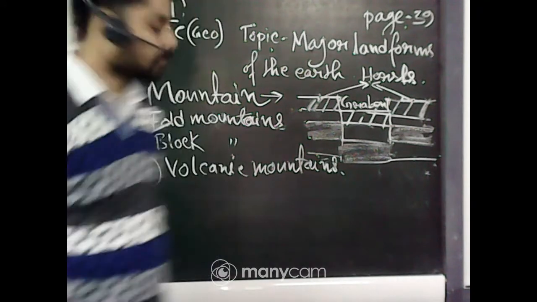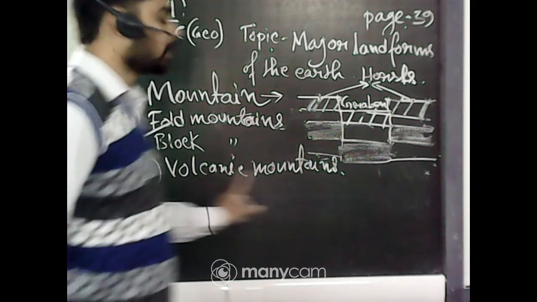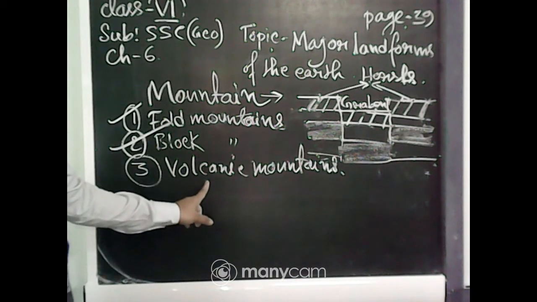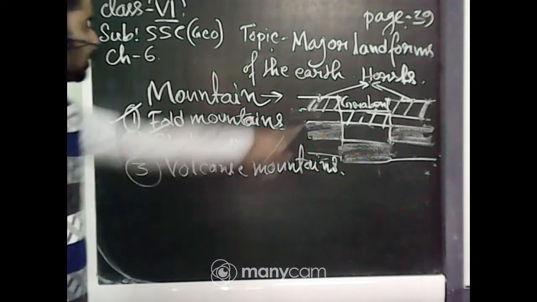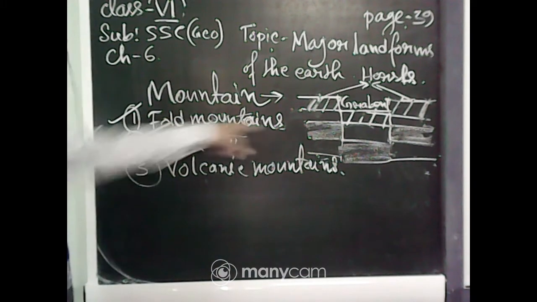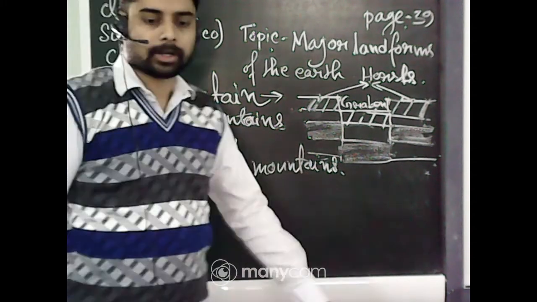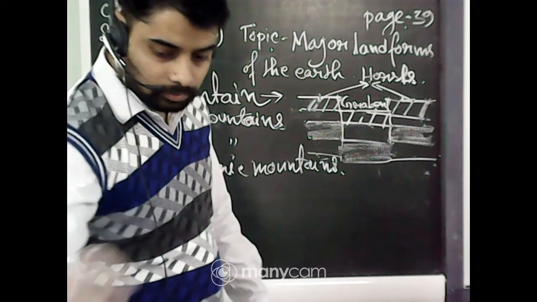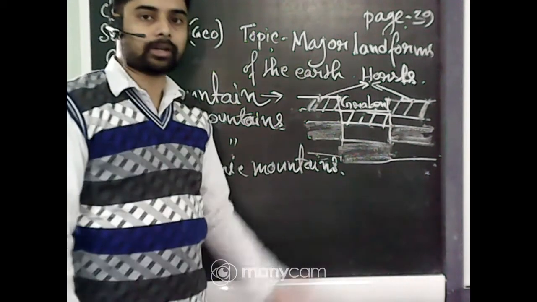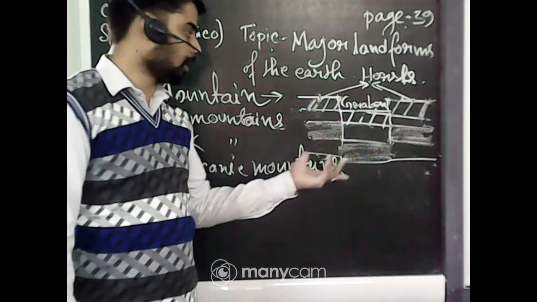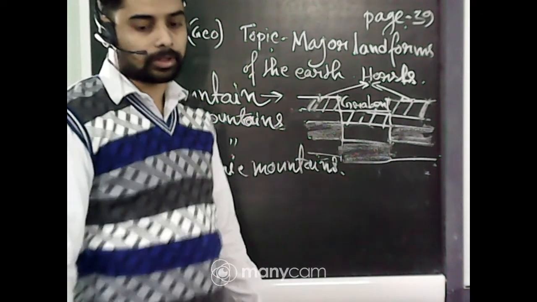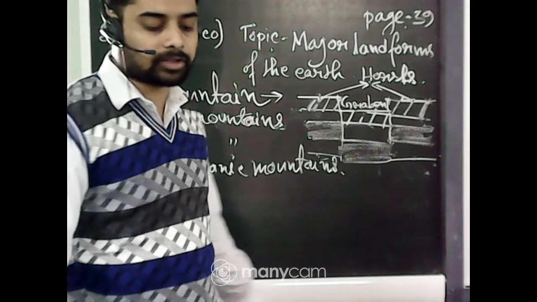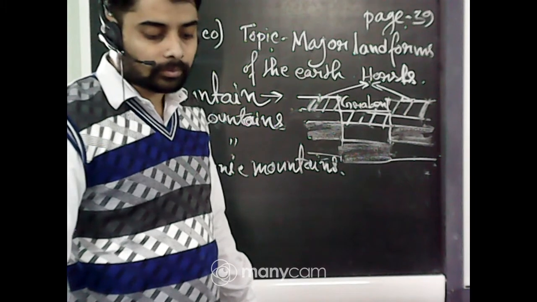Okay, so next day I am going to discuss volcanic mountains: how many types of volcanic mountain exist in the world, what is a volcanic mountain, and how they are created. I think you have understood how fold mountains and block mountains are created, and there are examples also. Examples of block mountains are the Rhine Valley, the Vosges and the Black Forest, and examples of fold mountains are the Himalaya, Alps, Appalachian,